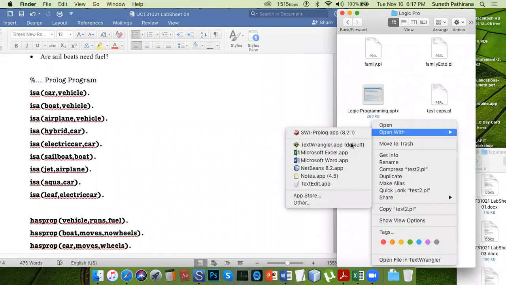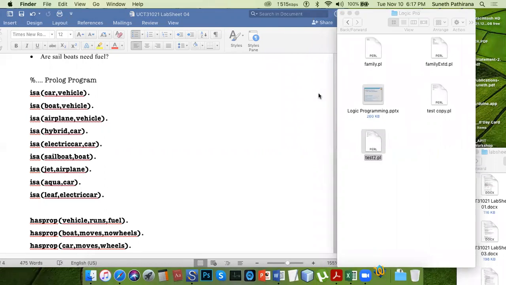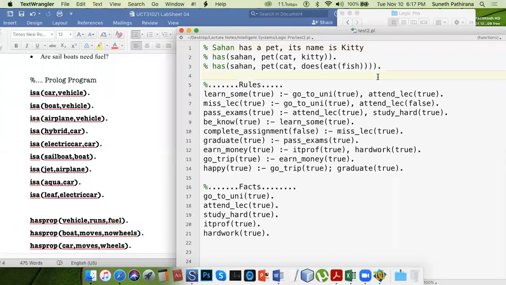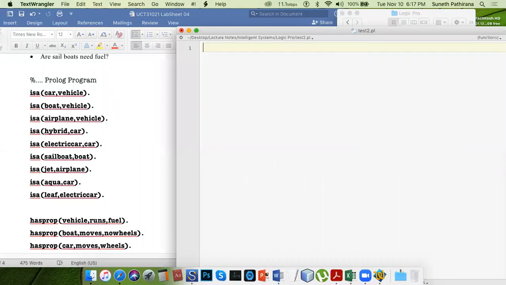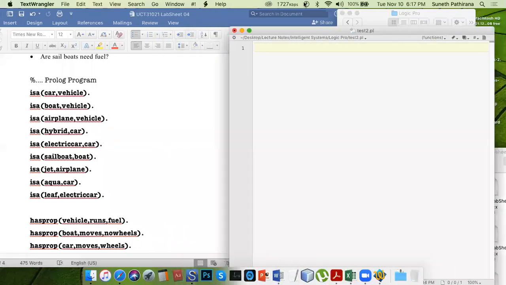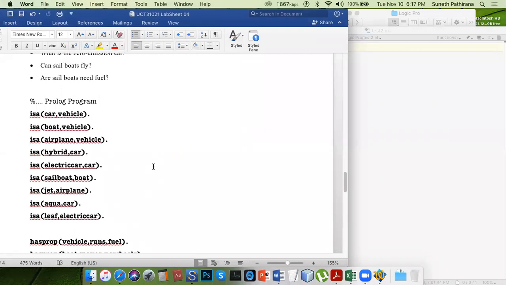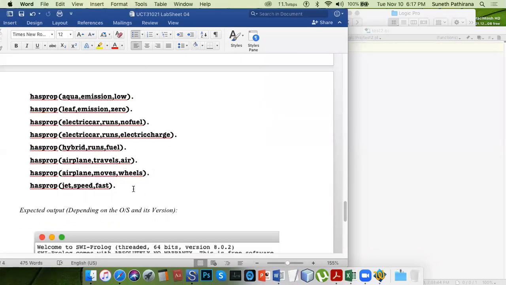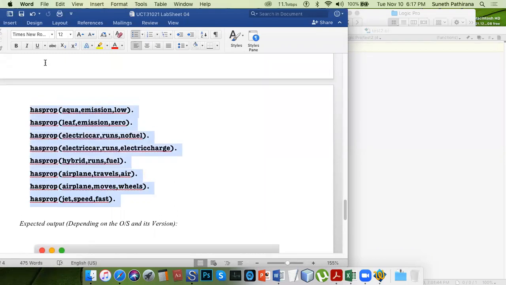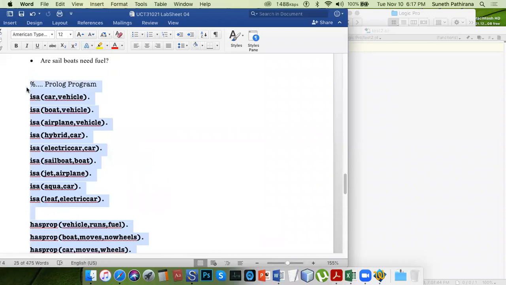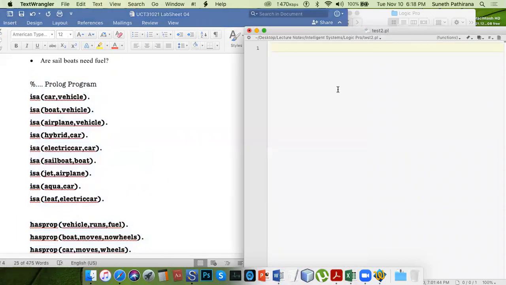There is no hard and fast rule that you have to follow this one. This is not the only way of doing this. It's up to you to determine the appropriate style or converted form of the facts and rules or the knowledge.